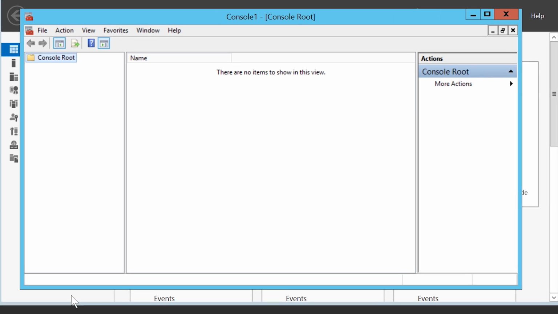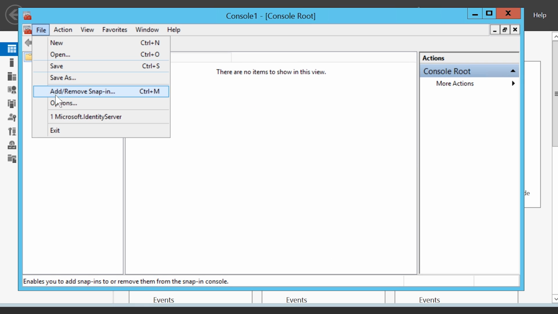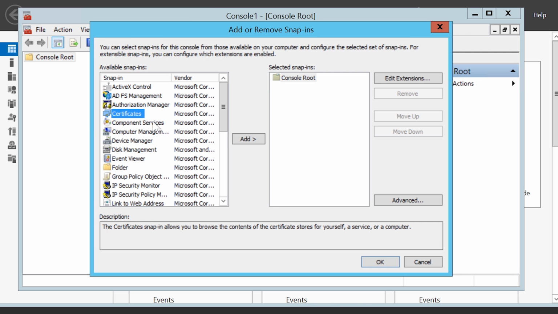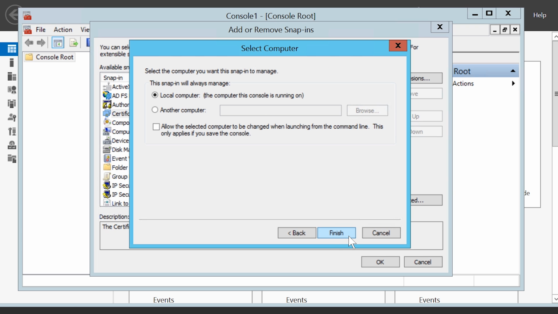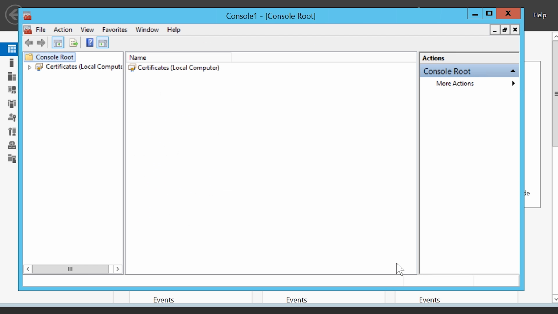Once running, I need to select Add/Remove Snap-in from the File menu, and then select Certificates from the list of available snap-ins. Once selected, when I press Add, I will be prompted for the scope of certificates that I will want to look at. In this case, I will select the option for Computer Account, as the server itself will require this certificate. The next screen asks which computer you want to manage certificates on. In this case, I will accept the default option of the local computer, and then complete the wizard and exit